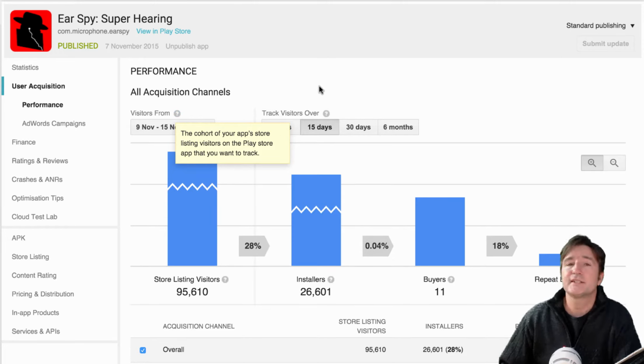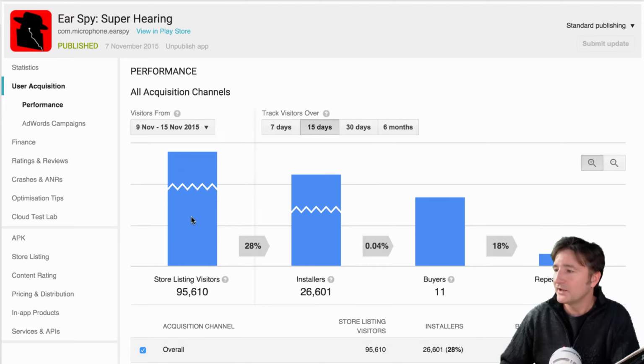User acquisition is something that I've showed you before on this. This is where you can actually now go through and see how many people have actually seen your app. The big challenges are, first, getting people to be able to find it, and second, getting people to download it. For the longest time, you could see how many people had downloaded it, but you didn't know how it was doing in the rankings and all that kind of stuff, or how many people were looking at it and saying, I'm not that interested. So here you can actually see that.